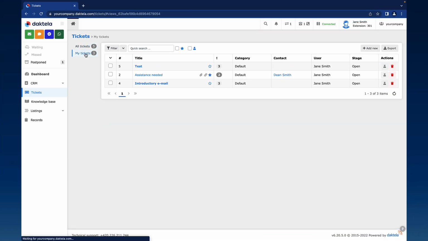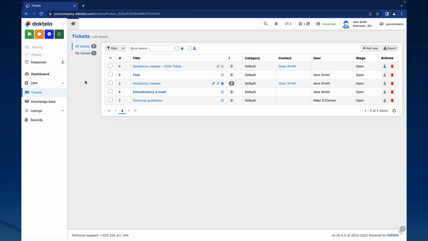Click the scheme title to apply it to the current view. Each view displays a list of tickets that match its criteria. The top of the list contains bulk controls. From here, you can filter your tickets, filter only your favorite tickets, filter only your own tickets, and clear filter and selection. Other bulk operations featured here are changing, merging, and deleting selected tickets. You also have the option to add a new ticket and export the list of tickets in the current view.